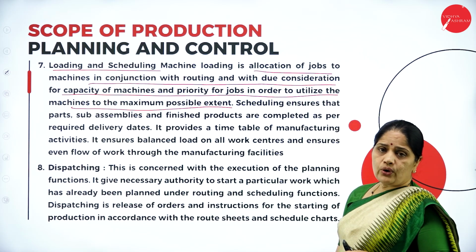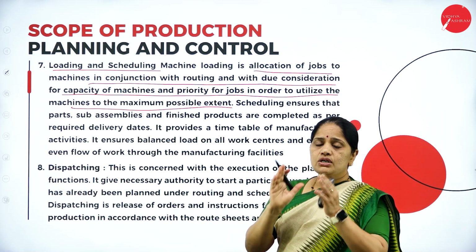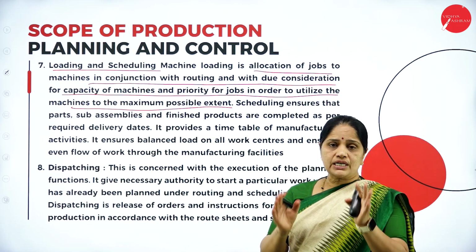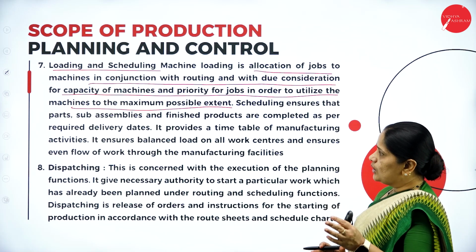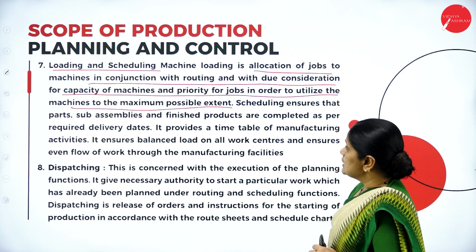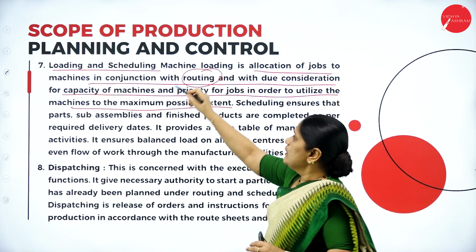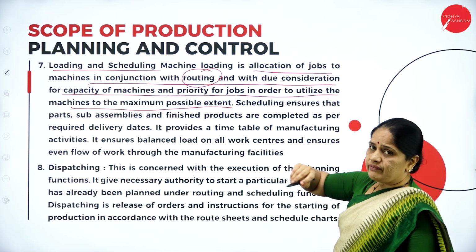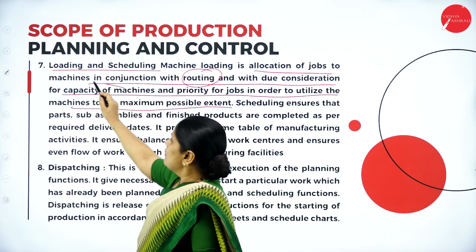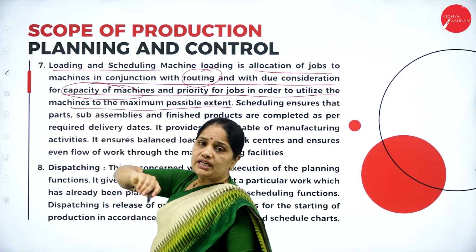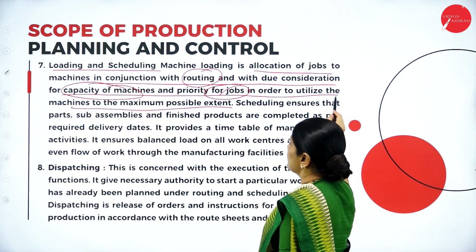Now, this loading, in other words, is the allocation of jobs to the machines. What kind of a job does each machine have to do? This allocation will be done in the loading function, in coordination with the routing, according to the route you have designed, and with due consideration to the capacity of machines. What is the ability of each machine to produce the goods, and the priority for jobs in order to utilize